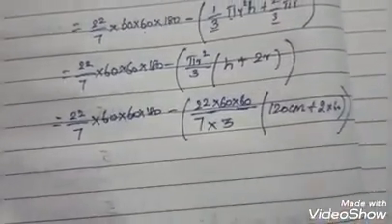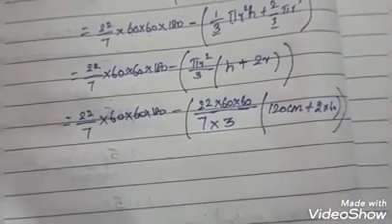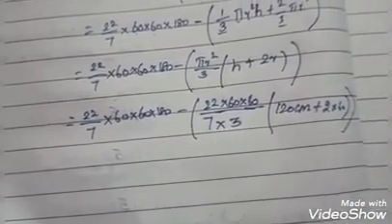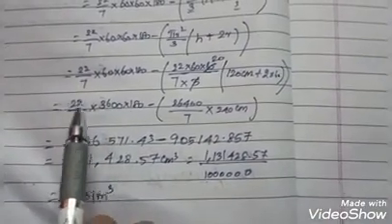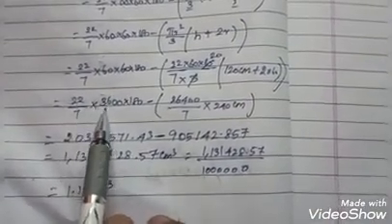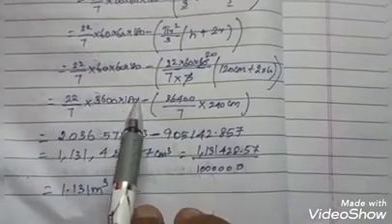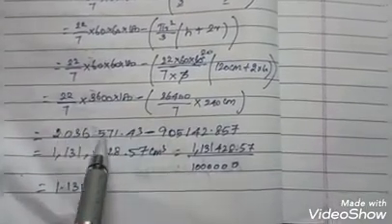So I have to substitute all the values. Normal multiplication you need to calculate: 22 into 3600 into 180 divided by 7, you get